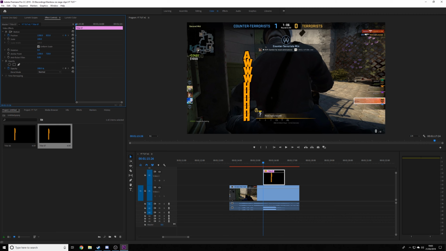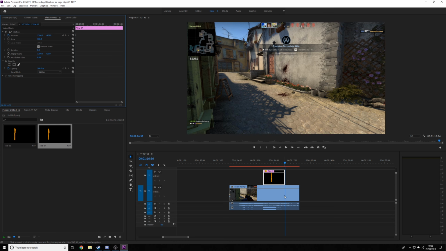So we want it to come in from the top and go to the bottom. So simply all we do is we push it just so the H is off the screen, like so. So that's our starting position. Now we're going to go to the end when we want the text to disappear. Go one frame back so we can see, and simply drag it all the way down like this. So just so the A is off the screen, like so. And then that is how you do it. So if we play it through now,